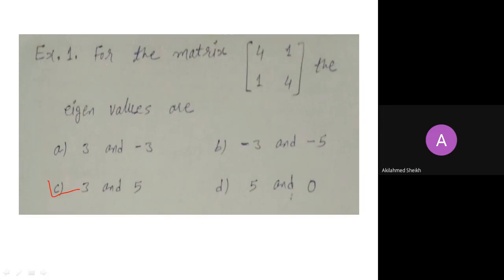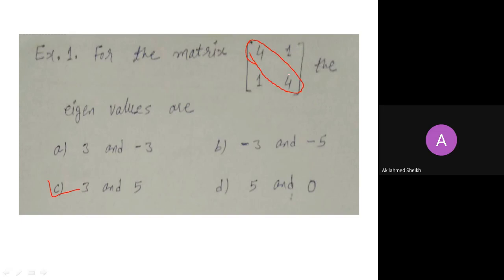Now here we have to find the eigenvalues of this matrix. We know that from the property of eigenvalues, the sum of eigenvalues is equal to the trace of the matrix, and the trace of a matrix A is nothing but the sum of diagonal elements. If you observe here, these are the diagonal elements,